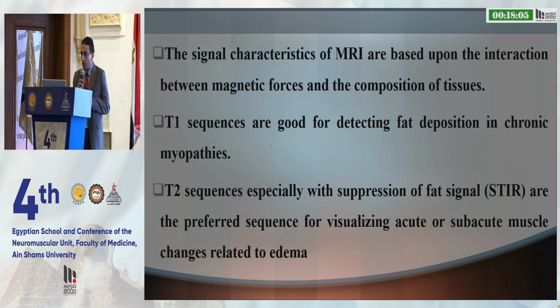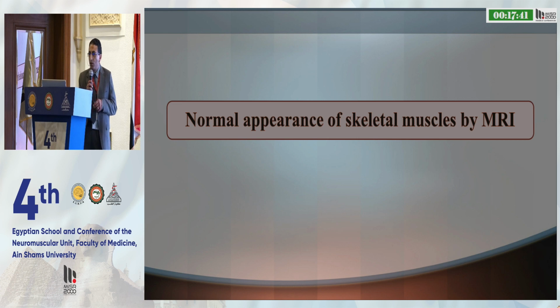The signal characteristics of MRI are based upon the interaction between magnetic forces and the composition of tissues. T1 sequences are good for detecting fat deposition in chronic myopathies, while T2 sequences, especially with suppression of fat signal, such as STIR sequence, are the preferred sequences for visualizing acute or subacute muscle changes related to edema. To start with the normal appearance of skeletal muscles by MRI,